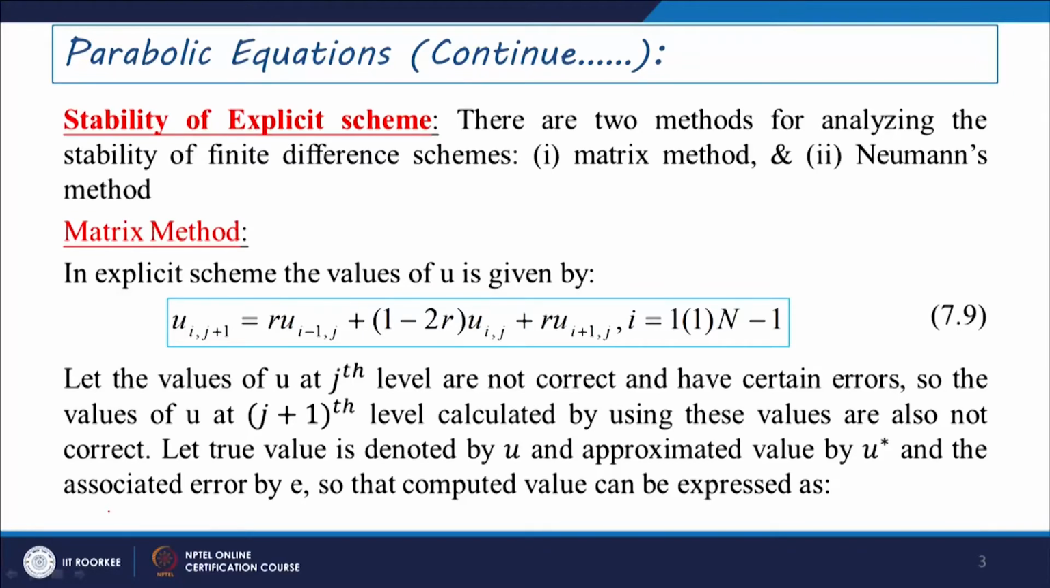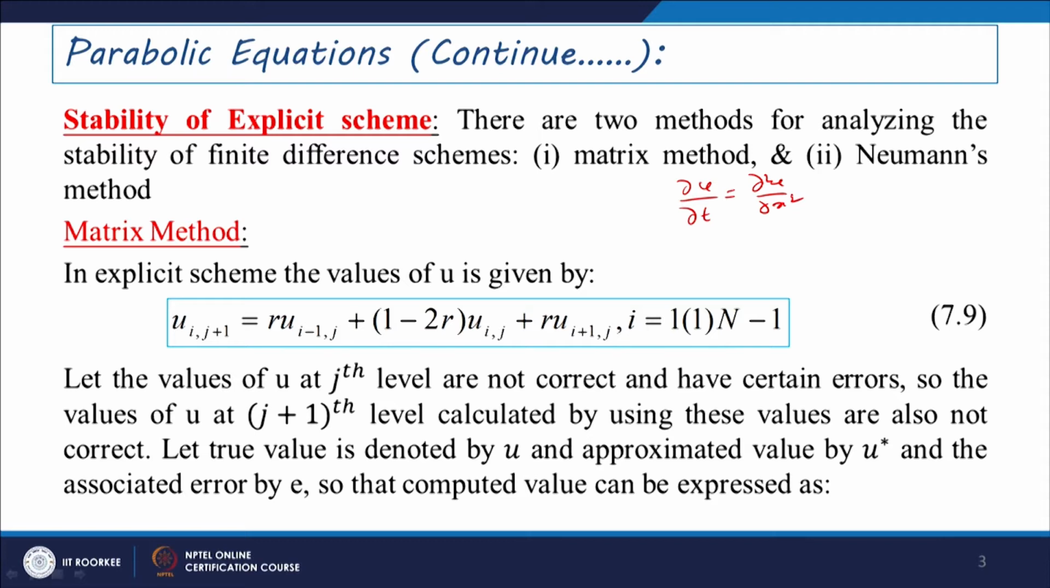So for the stability of the explicit scheme, as I have told, we will apply two methods. The first one is called the matrix method, and the second one is called Neumann's method. In the matrix method, if you consider the same equation, del u by del t equals del square u by del x square, then we obtain the discretized